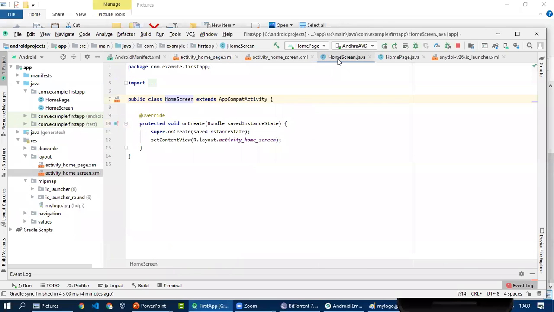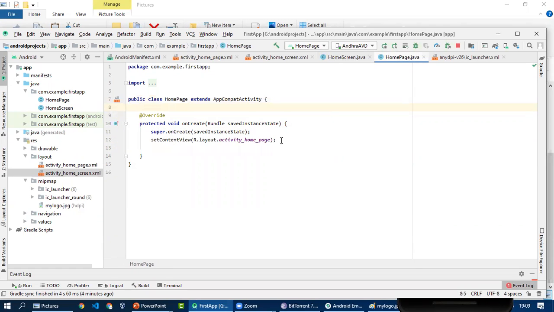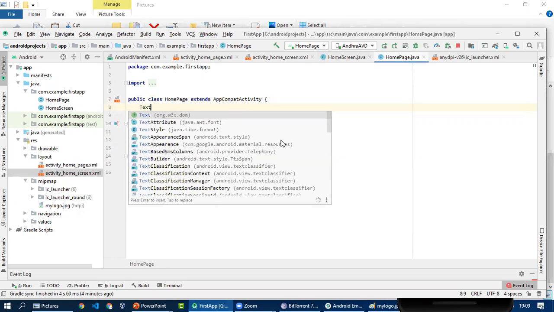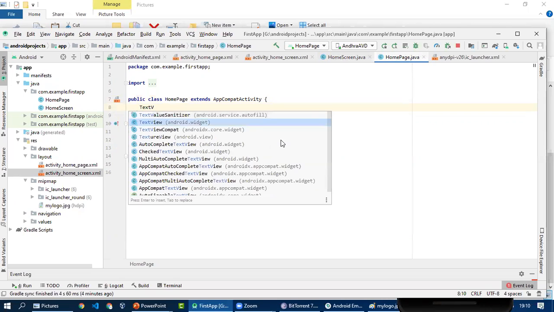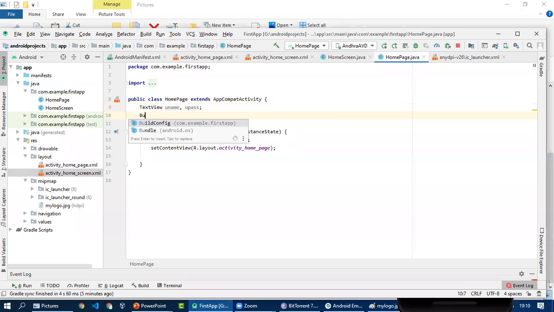Okay, so for the home page, if you want to detect the things, then for that you need to have the text view, view name, and view pass. And there was a button. Press it.